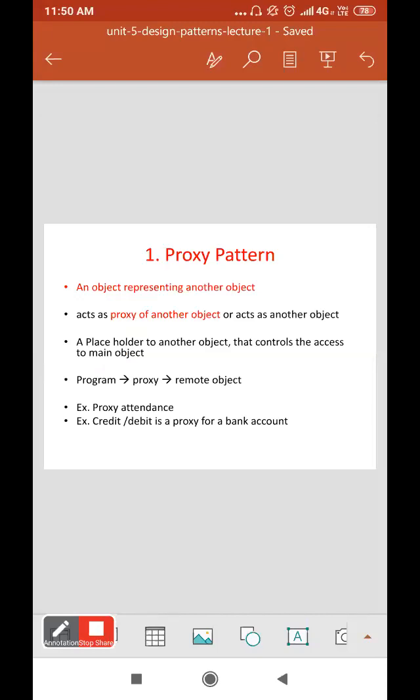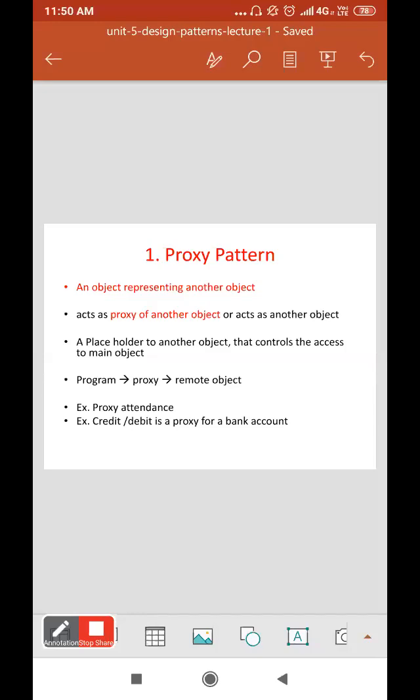It acts as a proxy of another object, a placeholder for another object that controls the access to the main object. Means instead of the original one, we place the proxy in between.